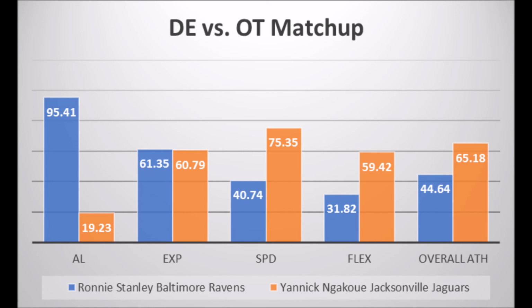So Yannick is not necessarily going to win with pure get-off, off-the-snap explosiveness, but I think he will have that speed and a little bit of that flexibility that I think will give him some advantages in this matchup. And then also a fun little matchup to see is arm length as well,